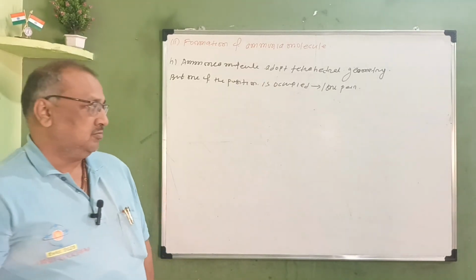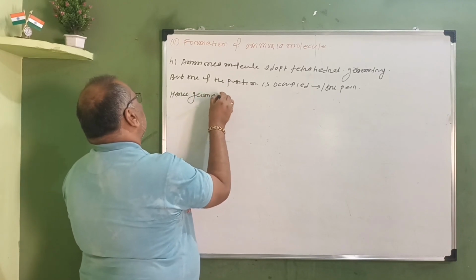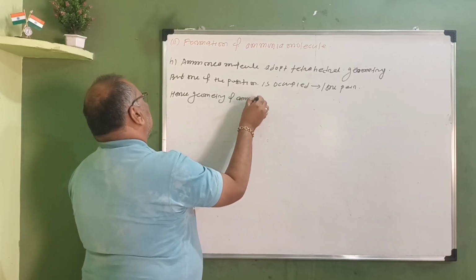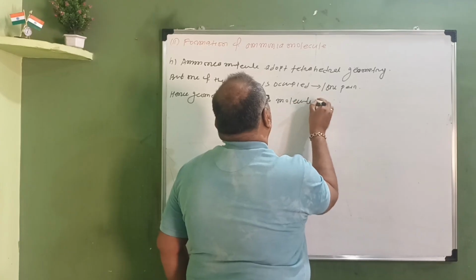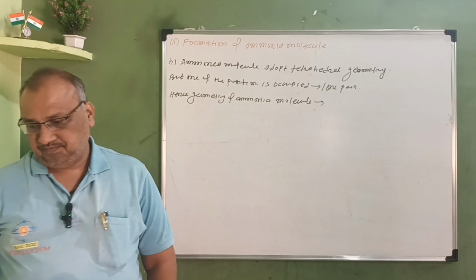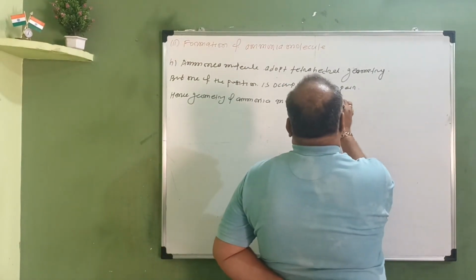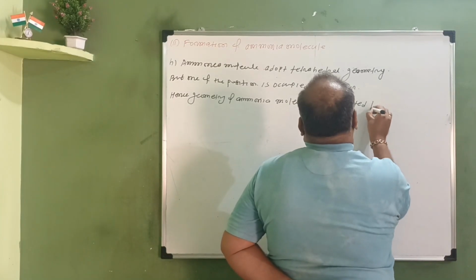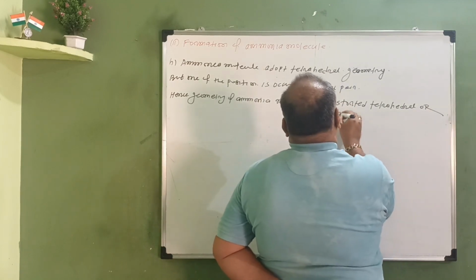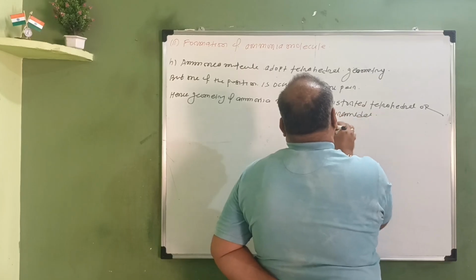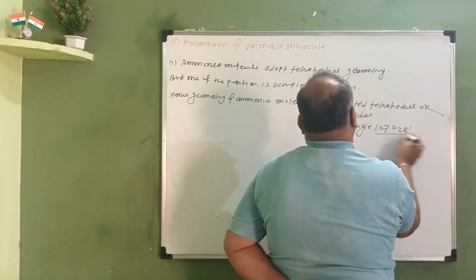Hence, the geometry of the ammonia molecule is distorted tetrahedral or pyramidal with bond angle 107 degree 28 minutes,